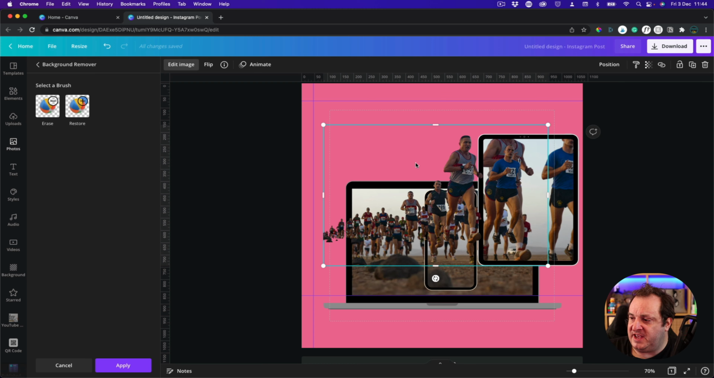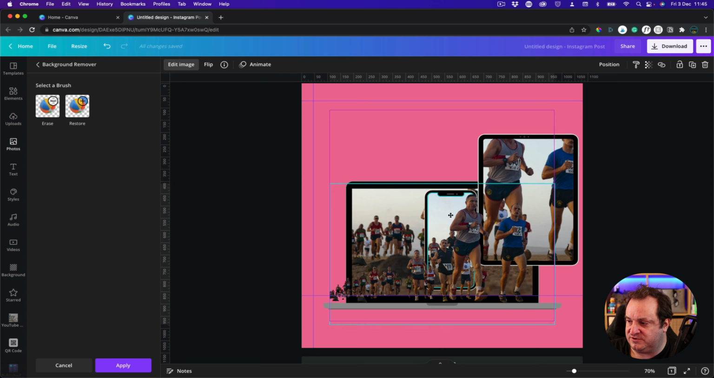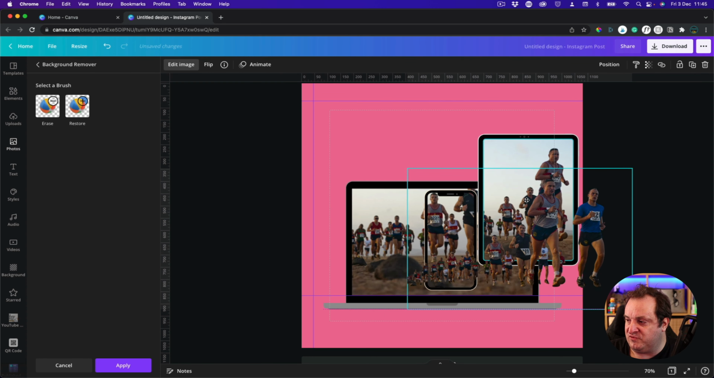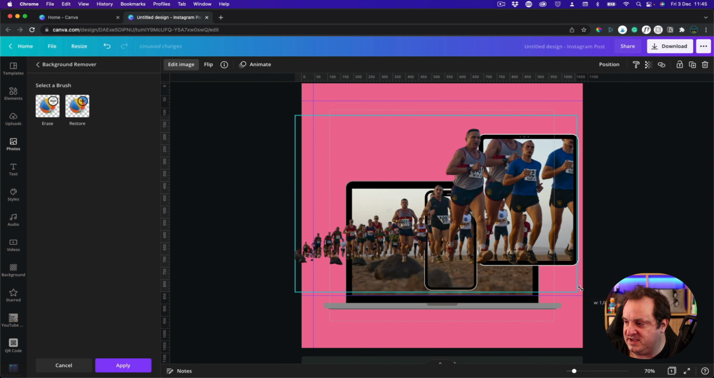Okay, now the image has removed the background, and we can see that if I just dragged this in here, it's going to replace the image. It's not going to quite work. What we're going to want to do is make it bigger,